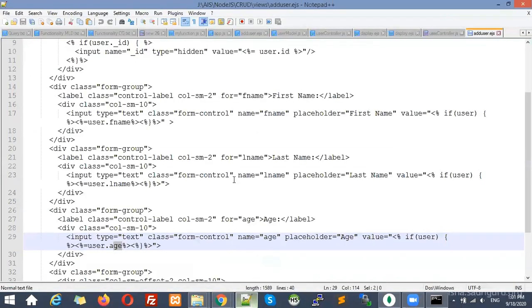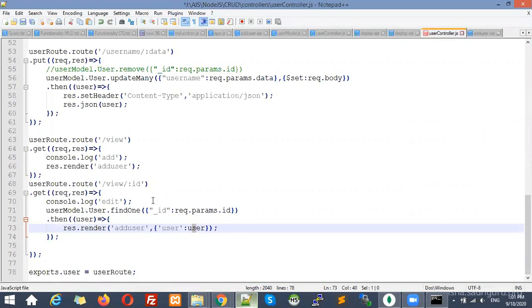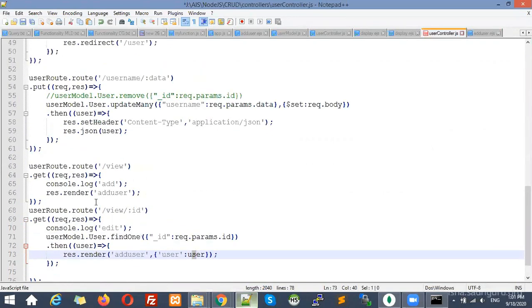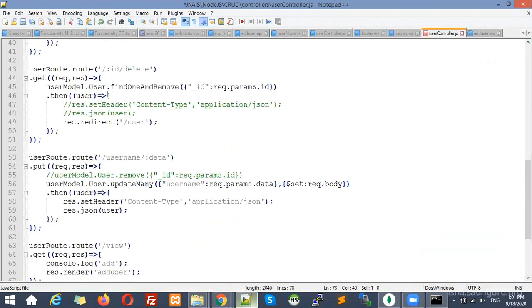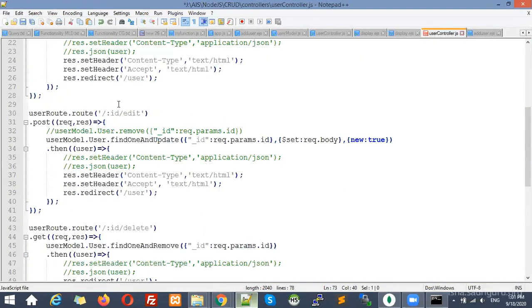So let me show you that method in the controller. Here you can see, at this one. Here you can see slash user. We already assume that this is the user controller. That's why it is slash user. Then after slash colon ID, and then after that edit. That means this post router will be called because this is coming through post. So this post router will be called, and what will it do? It will use the model, then findOneAndUpdate. It will find that record and update it.